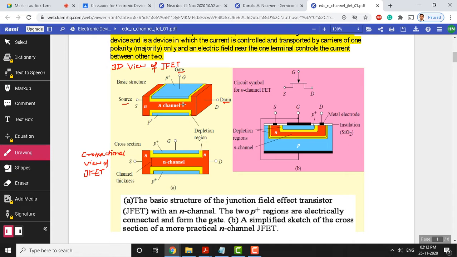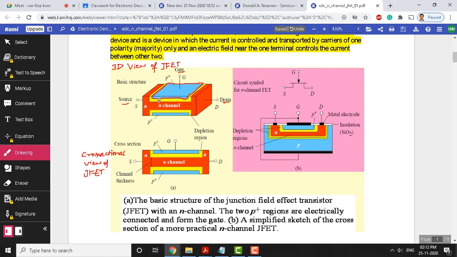to make a single gate, and there is an N type semiconductor here. You can see this red color region here. What you are seeing here is an N type semiconductor. So this is a P plus region here. This is what you are seeing here. This is a P plus. This complete region is P plus. Since it's a three-dimensional view, we are able to see this P plus.